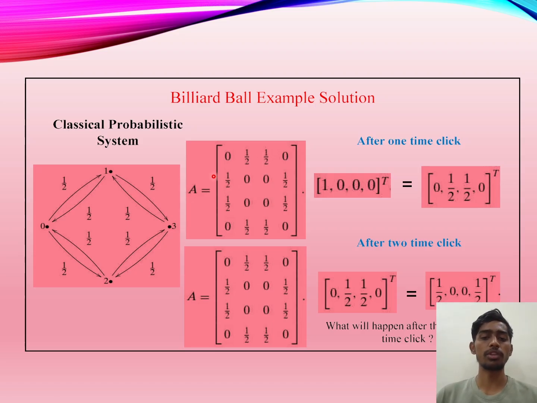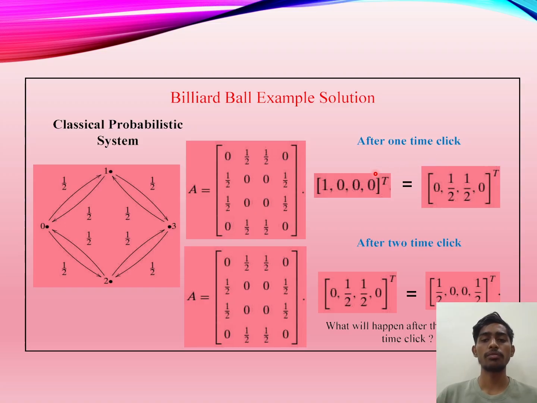With the help of this adjacency matrix and states, we can add several states at any instance. First of all, we take this matrix as the initial state of our classical probability system. This is a column matrix, due to which a transpose has been applied here. Now, multiplying this adjacency matrix with the initial state, we get a new state.